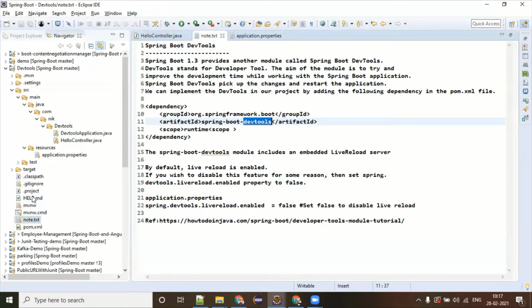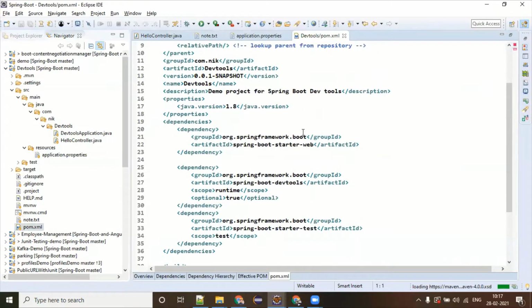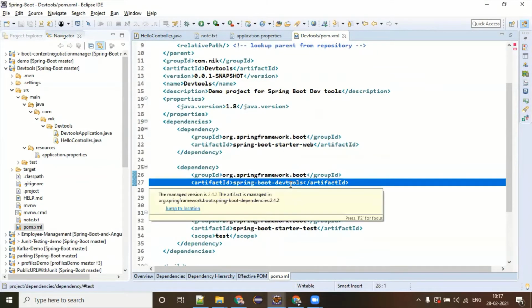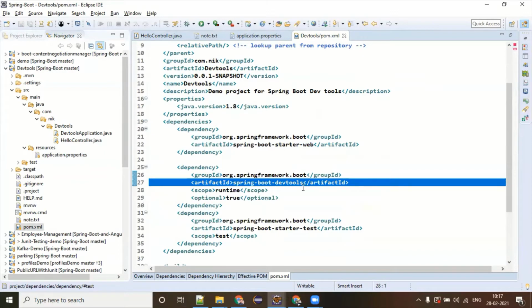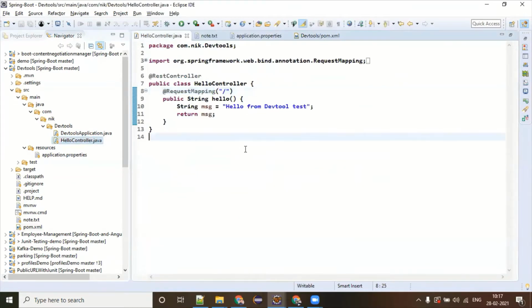In the pom.xml file, if I show you, we have the same Spring Boot starter and also the dev tools. So this is only in your dependency. After that, if you look at our controller, it has just a hello world kind of thing. It is just sending the message you have composed here.